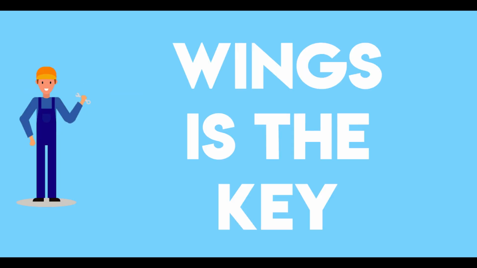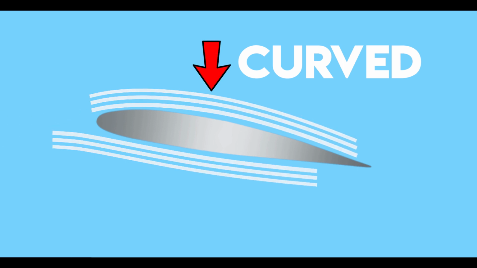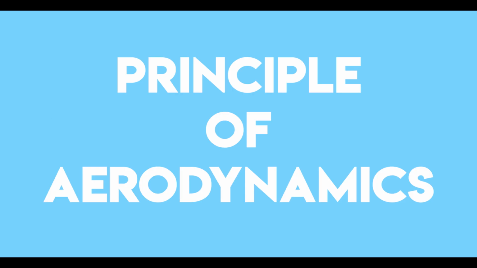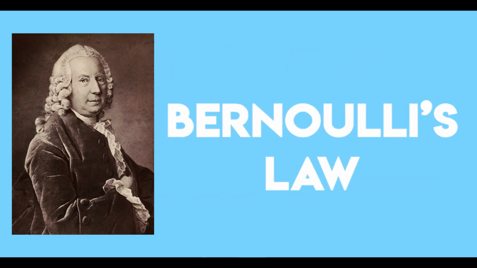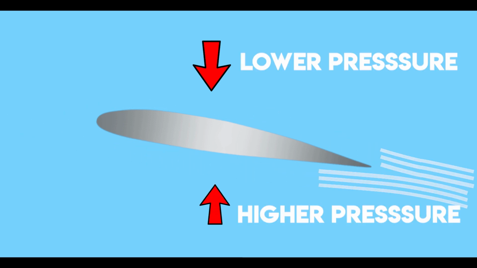Okay, so the wings are the key to making something fly. But how do they work? Most airplane wings have a curved upper surface and a flatter lower surface, making a cross-sectional shape called an airfoil. According to a principle of aerodynamics called Bernoulli's law, fast-moving air is at lower pressure than slow-moving air. So the pressure above the wing is lower than the pressure below, and this creates the lift that powers the